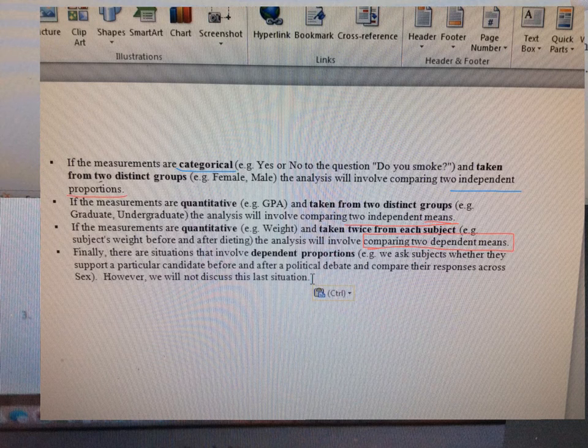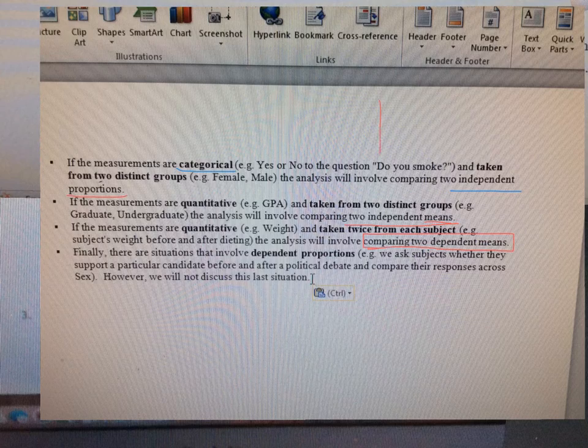So an example of that is asking subjects whether they support a particular candidate before and after a debate. So their choice might depend on the performance on the debate. And so we won't get into that, but I thought I would give you that information to help with the